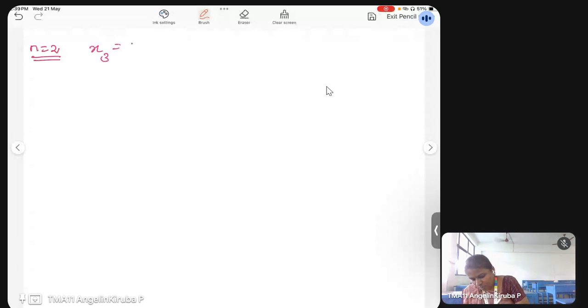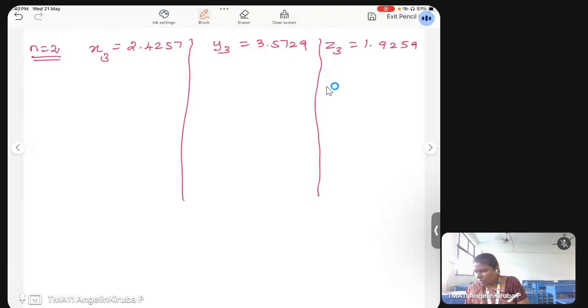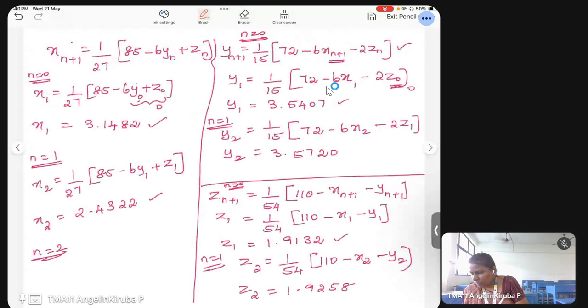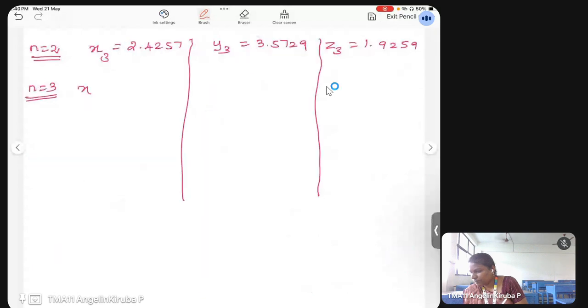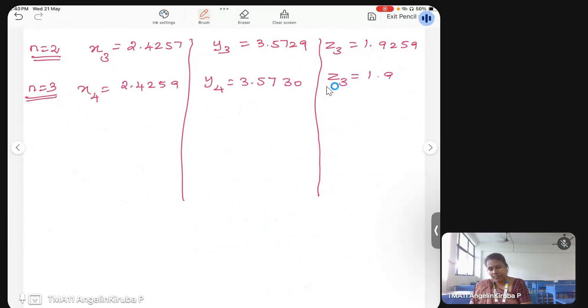Then substitute n is equal to 3. Next, n is equal to 3. So if you put n is equal to 3, you will be getting x4 is equal to 2.425, y4 is equal to 3.570, and z4 is equal to 1.9259. Okay, so now this is